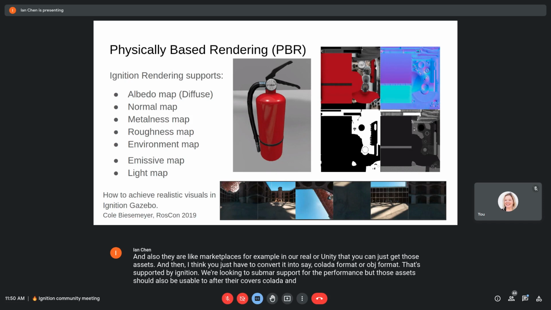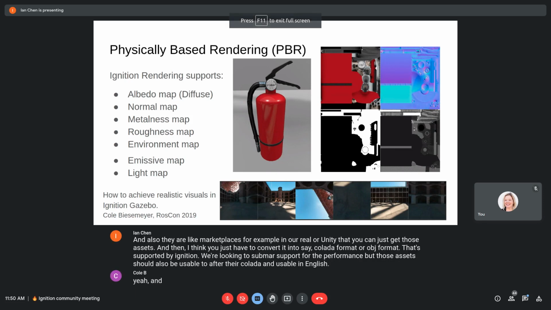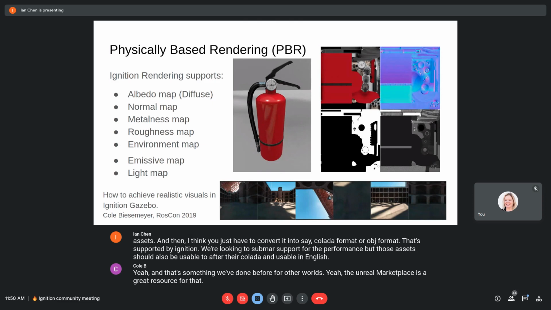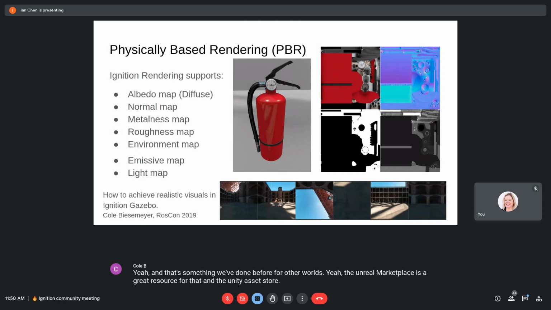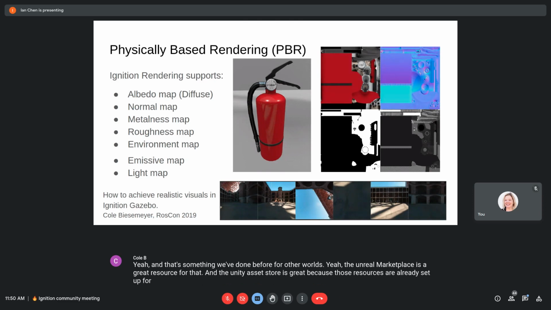That's something we've done before for other worlds. The Unreal Marketplace is a great resource for that. The Unity Asset Store is great because those resources are already set up for real-time rendering.